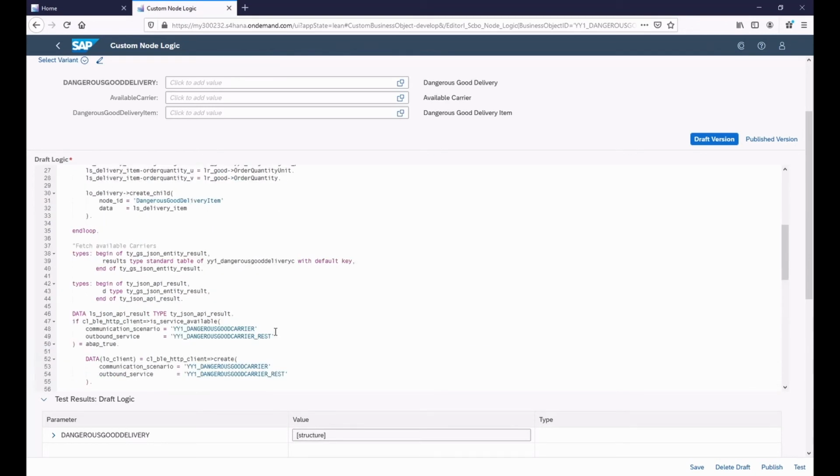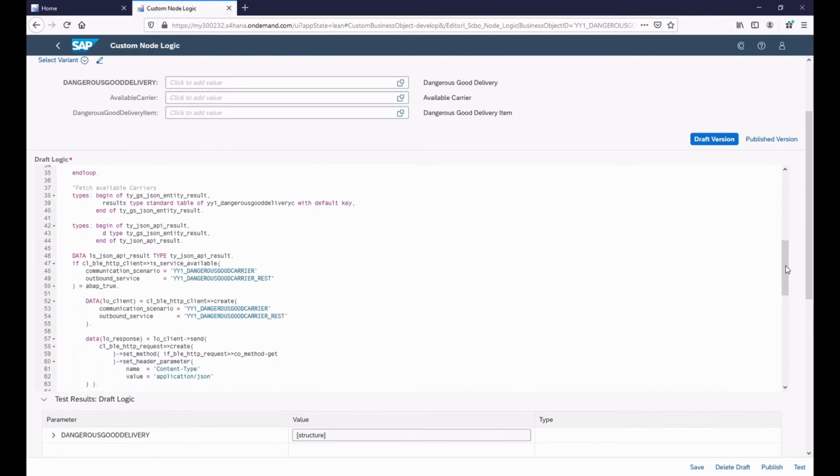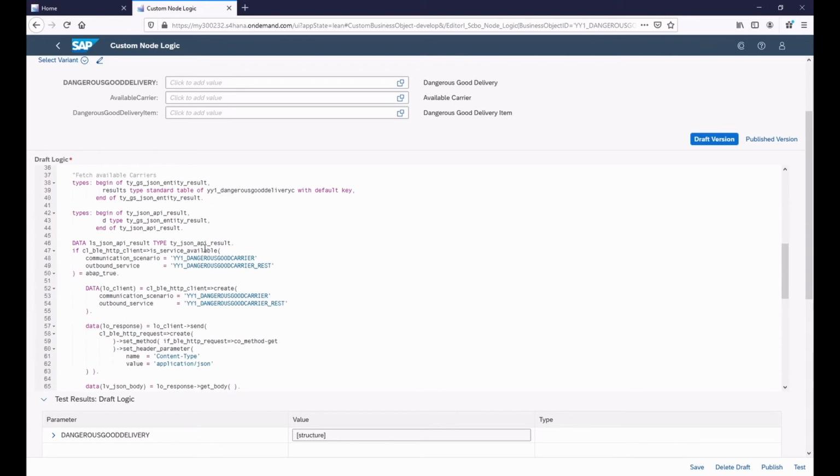Fortunately, there is a web service available in order to fetch these carriers, and as we want to make use of this web service, there's also the possibility to define a communication scenario for your SAP S/4HANA system. So you are able to define outbound communication and also inbound communication via the custom communication